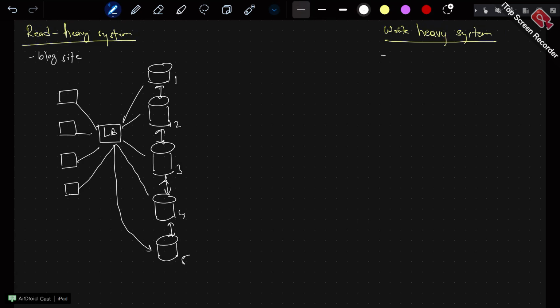Okay, now this was about the read. So now, for example, a write request came in. What will happen in this scenario? Before that, remember this thing. Now the databases have exactly the same data, and everything was working fine. Why will it work fine? Because they have the same data. You can go to any database and just pick the data.